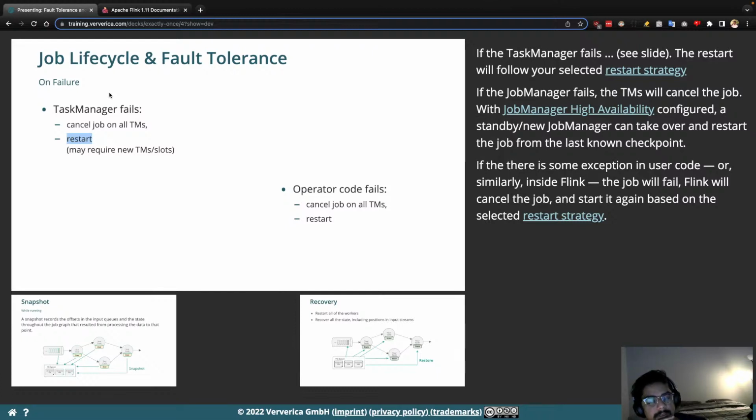So it will try to make sure that the restarted task manager returns to the state before the failure happened. How do we do that? It cancels all the tasks passing through this particular task manager, and restarts all those. Sorry, it will cancel all the jobs, not the tasks. It will cancel all the jobs whose tasks were passing through this particular task manager which failed, and restart all those jobs